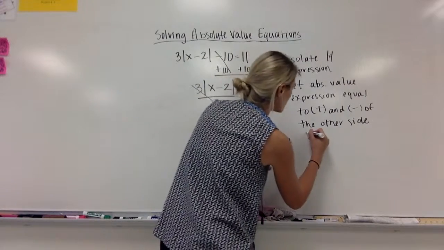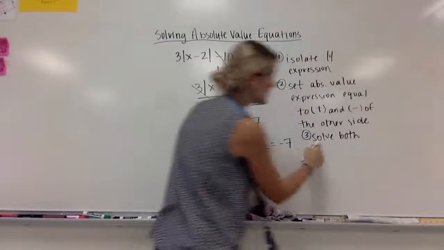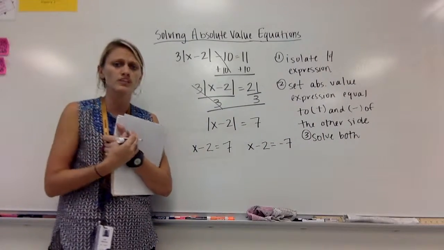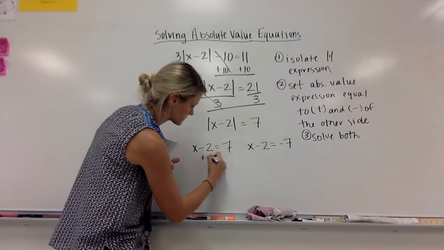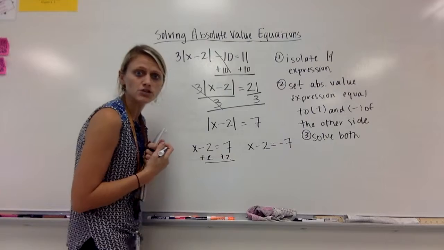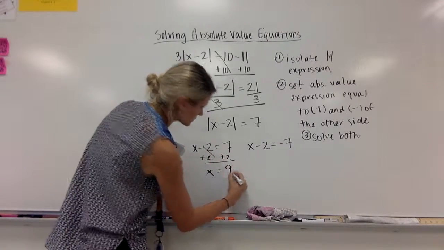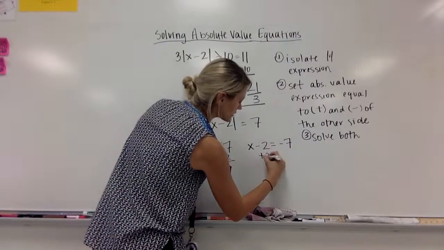Okay? My third step is to solve both of my equations. Now I just have 2 super simple equations to solve. Got x minus 2 is equal to 7. So I'll add 2 to both sides. X equals 9. Okay? Over here, plus 2,